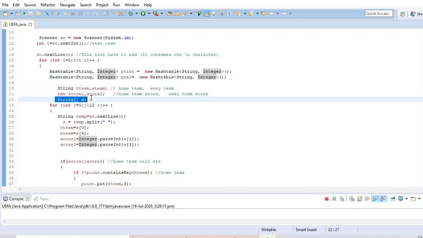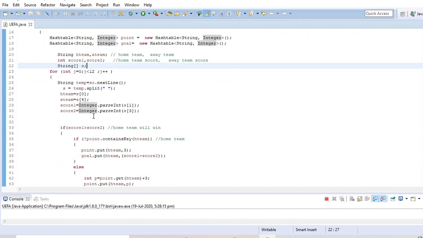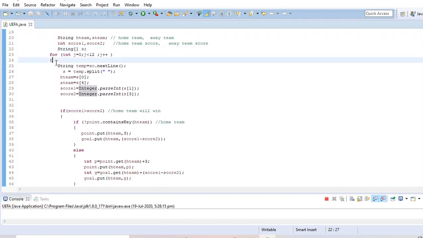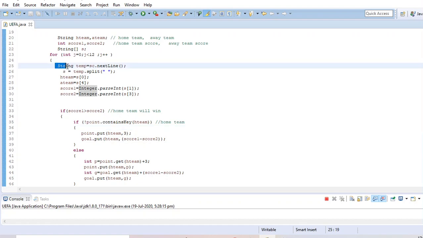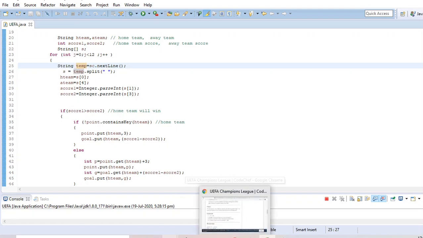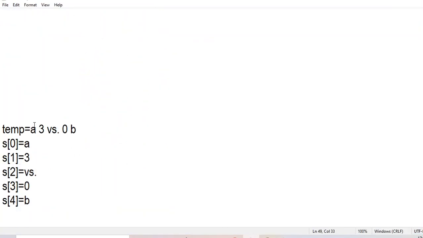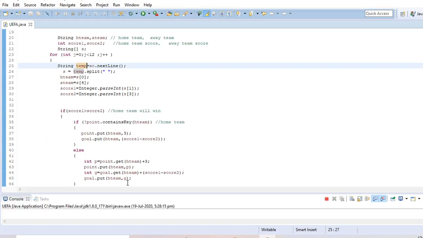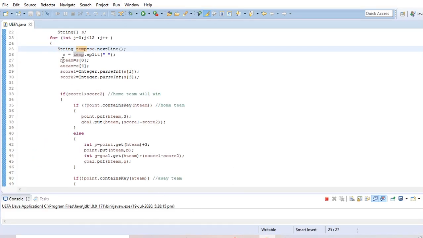Then I take a string array s and I create a for loop where I will take the 12 match results. Then here I take a string temp where the temp format will be like this: the home team's name, home team's goals versus away team score and away team name, and I split this temp with the space.